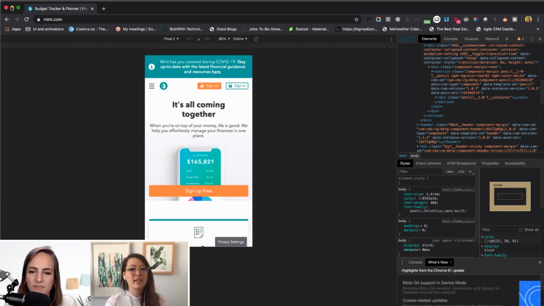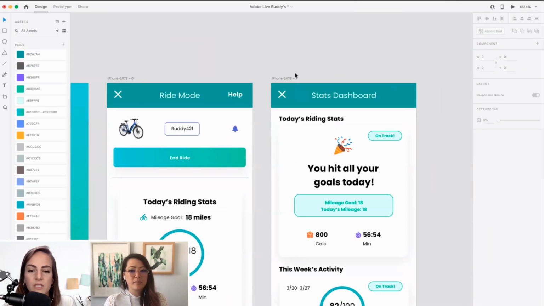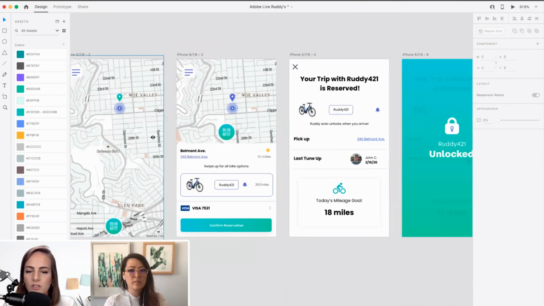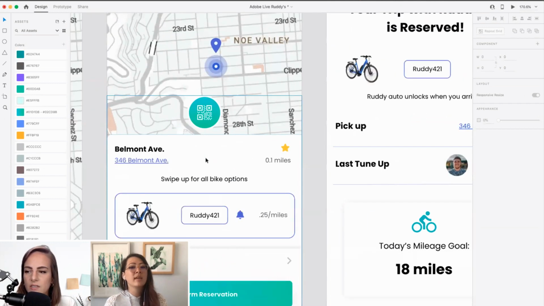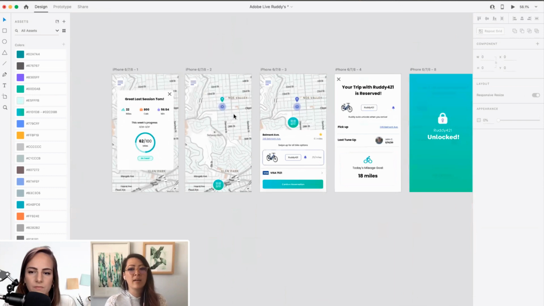And I do use inspect sometimes just to see maybe what a site is built on or something like that. But I actually use it a lot. Well, not a lot, but sometimes to test responsiveness. Just by dragging the sides. Yeah. But other than that, not too much. I use that too. Yeah.